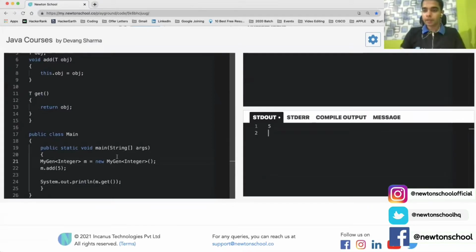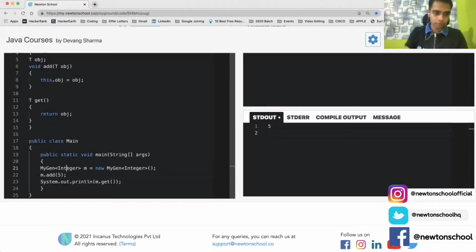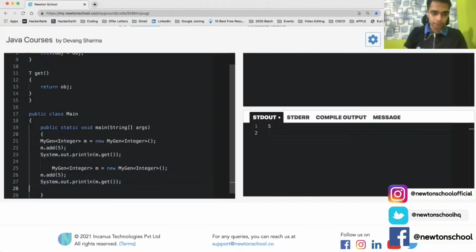Can I still increment it, or has it become type specific? Since I have created an object of type integer, has it become specific to integer or not? Let's find it out. Let me just copy this and try it out with some other data type. Let's take string for example.